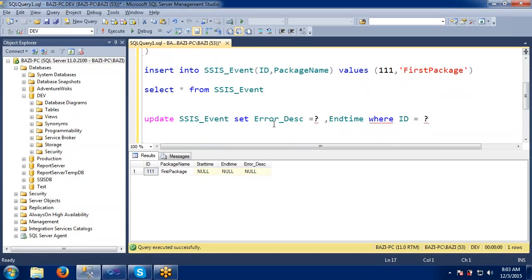That means I will pass all of these dynamically.